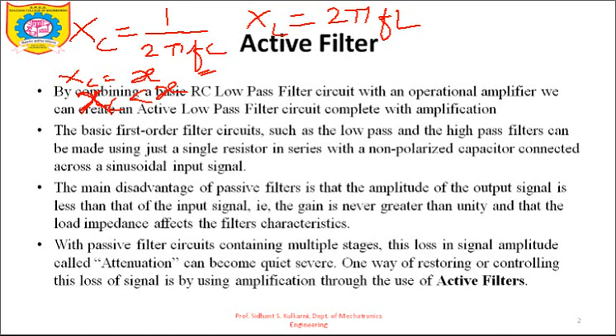So in this case we try to understand that the impedance offered by the capacitor depends on the frequency, because 2 pi and capacitance C are constant values. In the same way, if we consider inductance L, it is directly proportional to the frequency. So XL, if we design it at 50 hertz, gives me x ohm. And if I use the same inductor for another frequency of 100 hertz, XL will definitely be greater than x. So this frequency dependency of XL and XC, one should understand for understanding the filter.